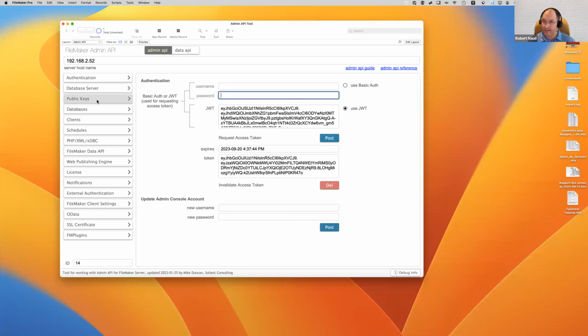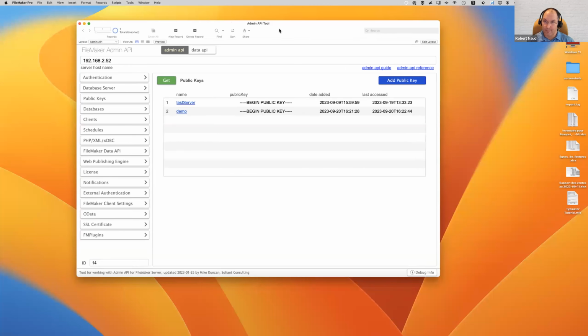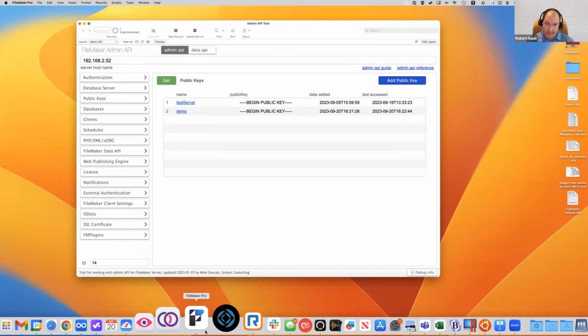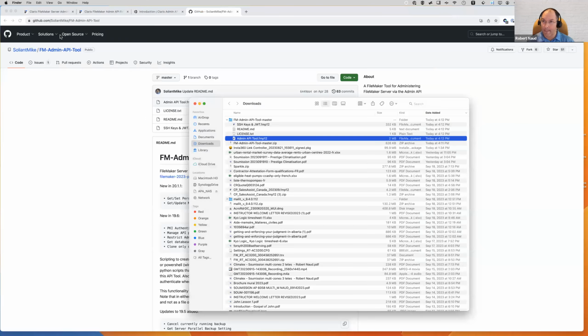So you could set different public keys and tie them with a different JSON web token, each having a different expiration, or depending on if you want to revoke access to a specific application or user, then you could do all of those things if you have multiple public keys, and all of those things we could see on the server itself. If I go back to my